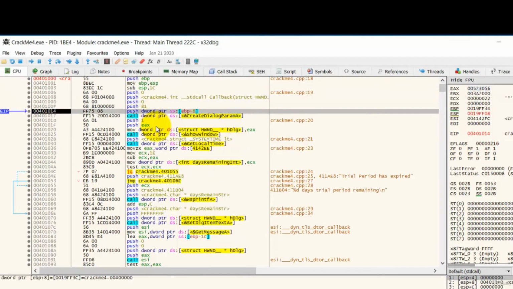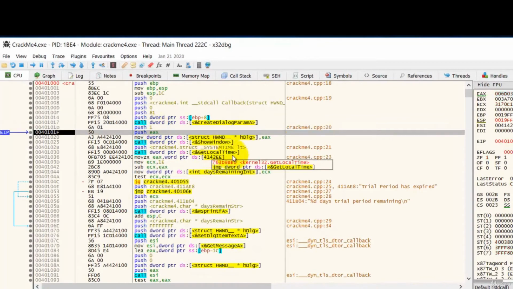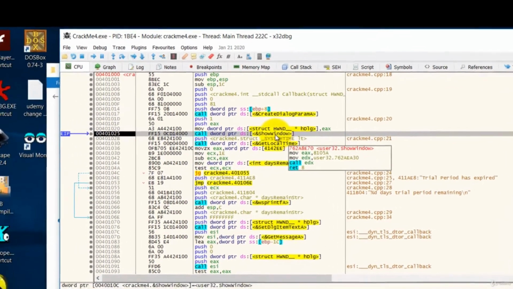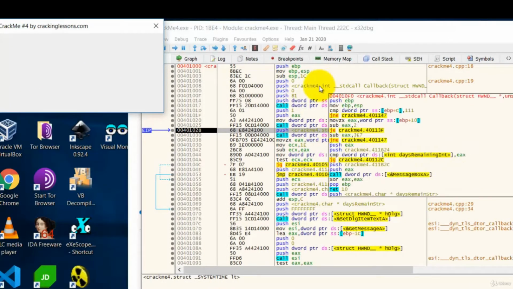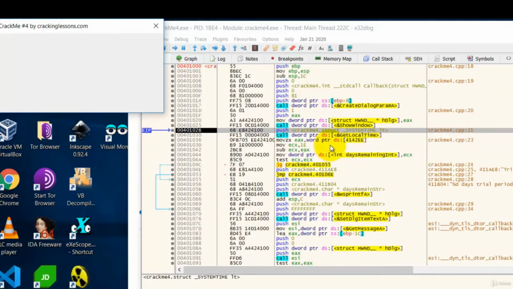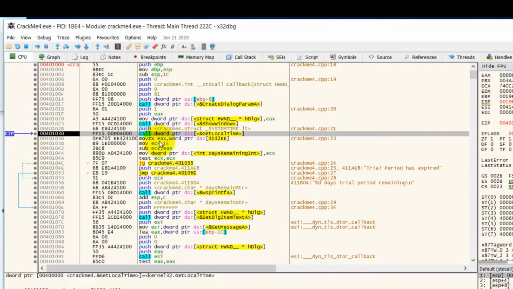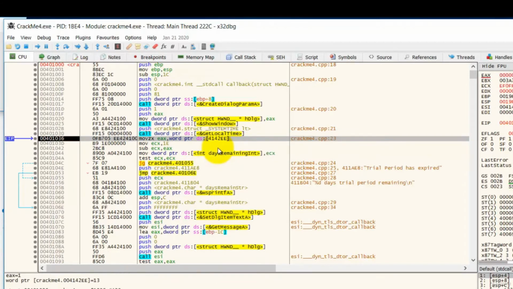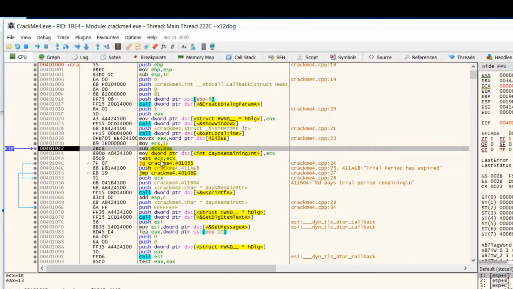and observe what happens. Here we create the dialog parameters, then here we show window. True enough, the window shows. I'm just pressing F8, and then over here there is a call to get local time. So the local time also includes the local date, the date that is stored on your PC. After that, it seems to move some parameters around, and here it moves something to ECX,